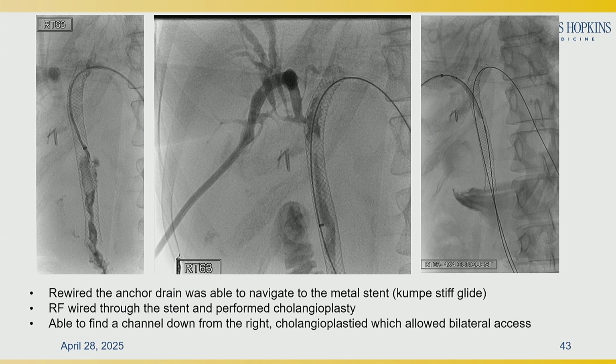We had gotten kind of halfway down the stent with our sheath system, and actually RF wired through this stent, which worked, and was able to get a wire through there, an 035 system, and then did cholangioplasty to basically break open the interstices. And working together basically through multiple sessions, we were able to find a channel through this and actually